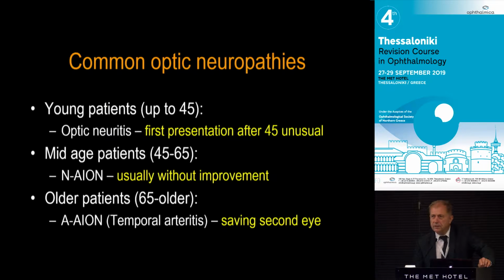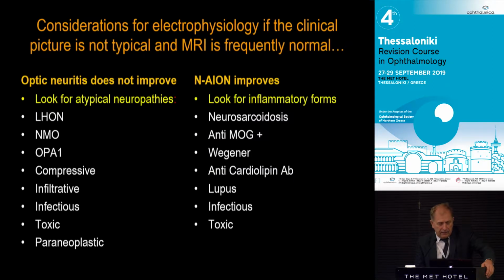And in older patients, usually after 65, though it may happen after 50 according to the textbooks, the most common or the most dangerous one is arteritic ischemic optic neuropathy, or temporal arteritis, or Horton's disease. Now, if you're not quite sure and you're talking about atypical optic neuropathies, then you should do a more elaborate workup. But just be very careful about